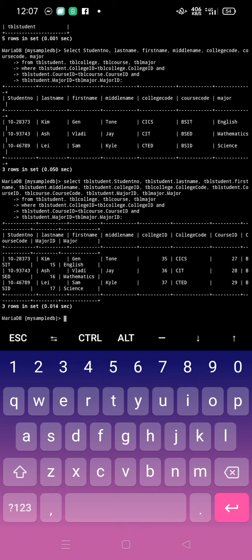So now, instead of writing out from TVL student, TVL college, TVL course, TVL major, we will use letter aliases. Okay? Select S for TVL student, A for TVL college, B for TVL course, E for TVL major. Select S dot student number, S dot last name, S dot first name, S dot middle name, S dot college ID,